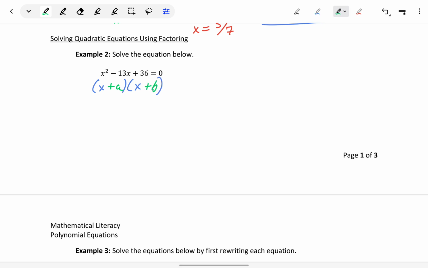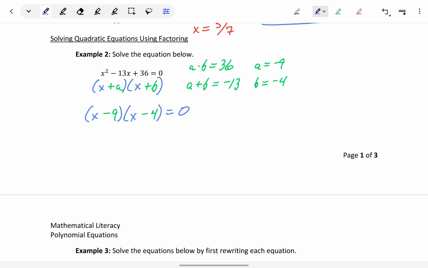In order to find those two values, a and b, we need to come up with two numbers whose product is 36 and whose sum is negative 13. In this case, we would want a to be negative 9 and b to be negative 4. That product would give us a positive 36, and their sum would be negative 13. So we can rewrite this equation as x minus 9 times x minus 4